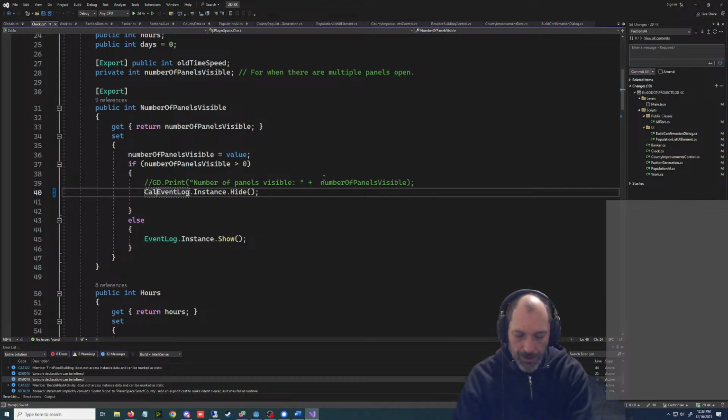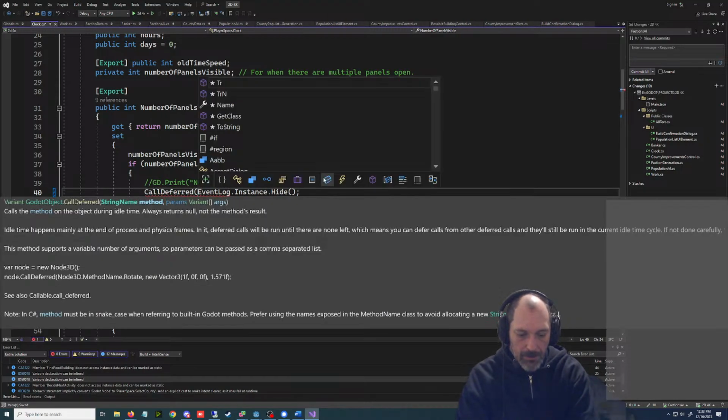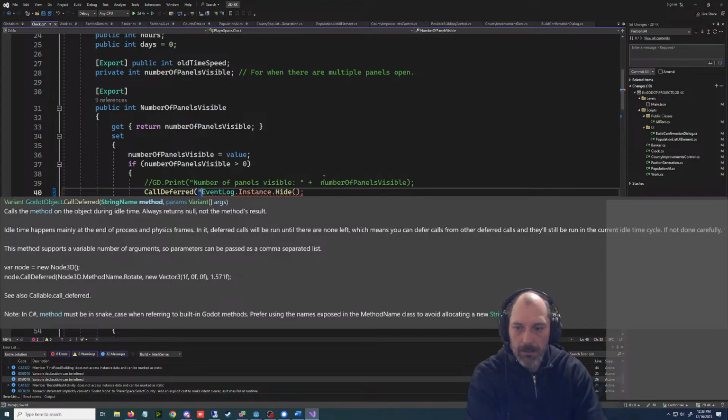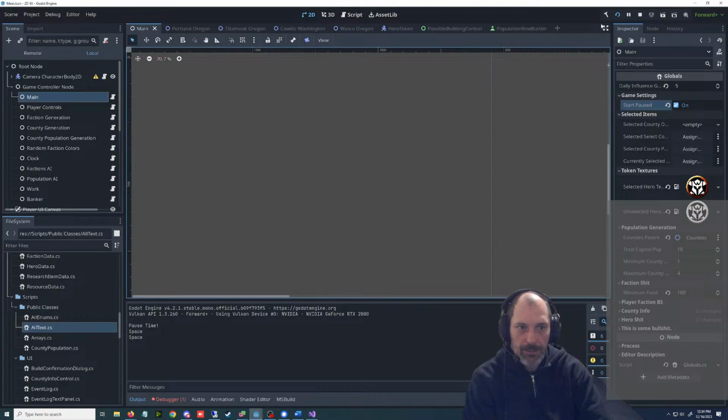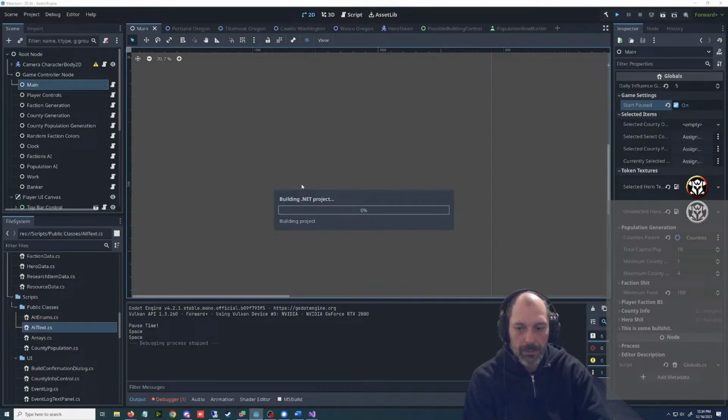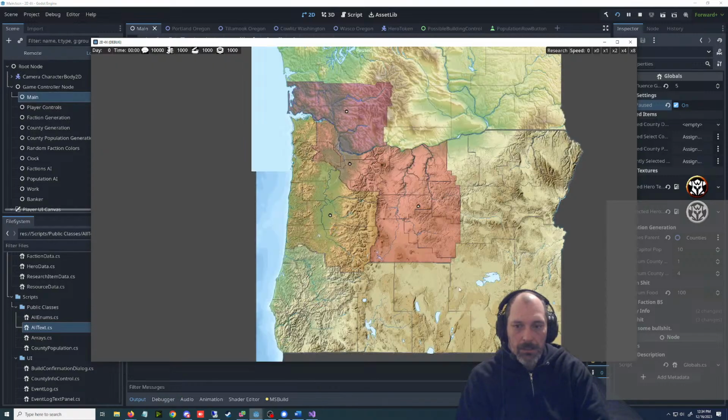Did I figure out if you could do this? I don't think this works, but let's see if it does, because that would solve this problem. That does not work.